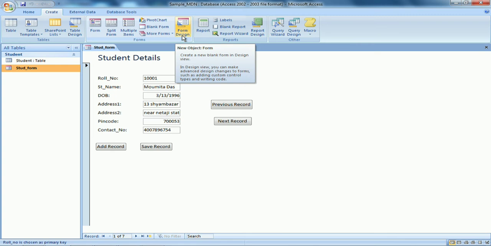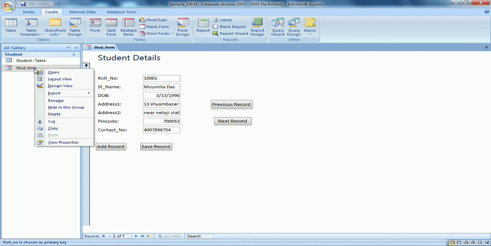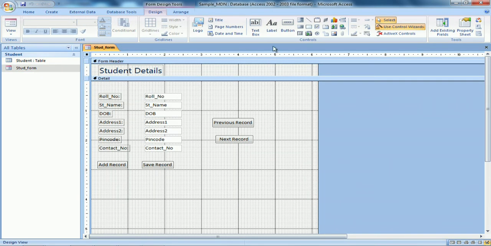So form design we have done: how a blank form is created, how to save a form, how to design a form, how to change the layout, means how to rearrange the buttons, how to use command buttons, how to use check boxes. Now there are some options I have not used. Let me show you how I can. Now suppose I want to add